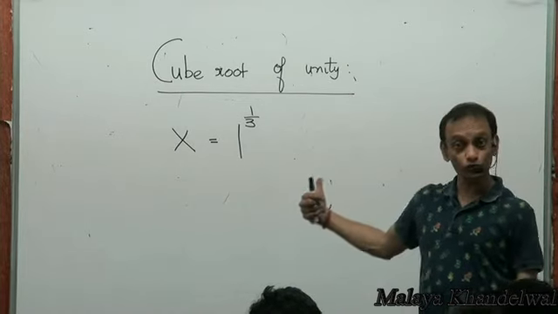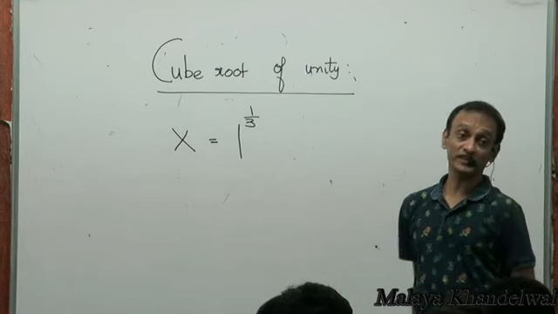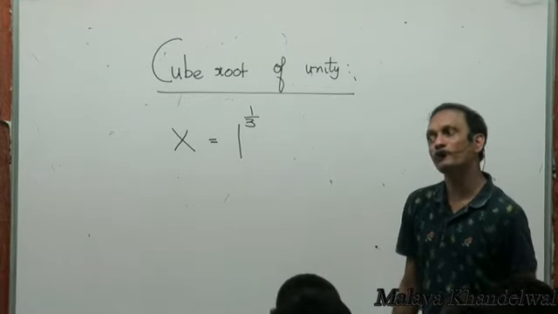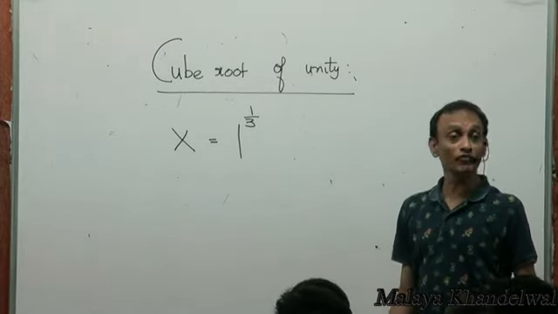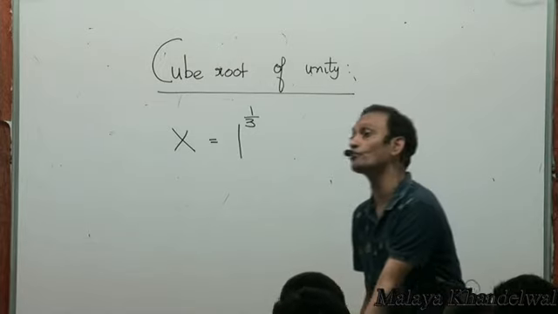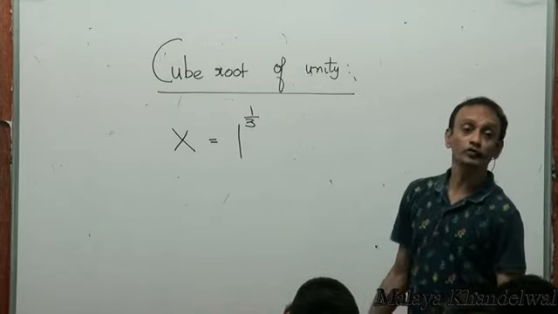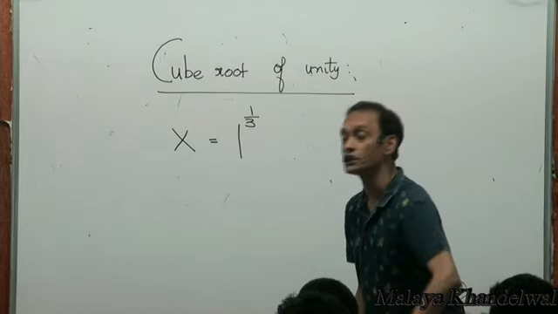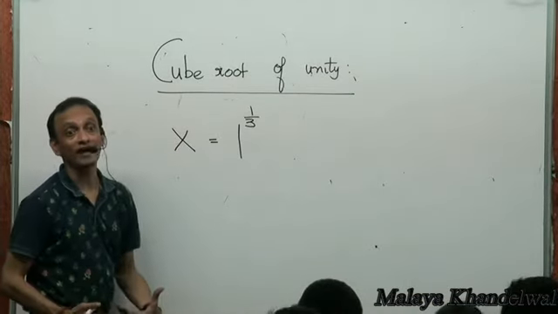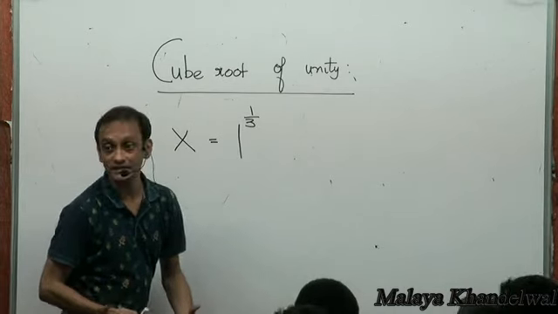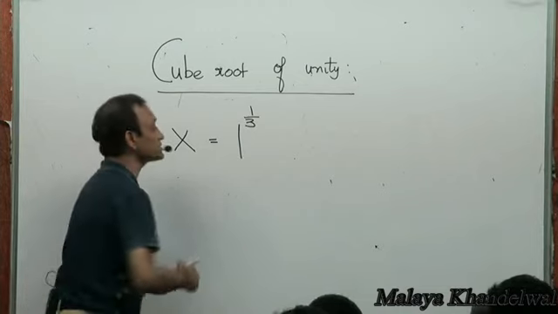So now, when I say cube root of 1, there are values of x that will satisfy this. Of course, one of the values of x that you already know satisfies this is 1. One of the cube roots of 1 is 1, which is a real cube root of 1, and you have familiarity enough with real numbers. But then, let me find all possible values of x, real or complex, that will satisfy this.